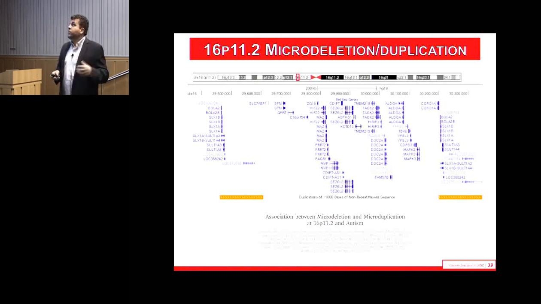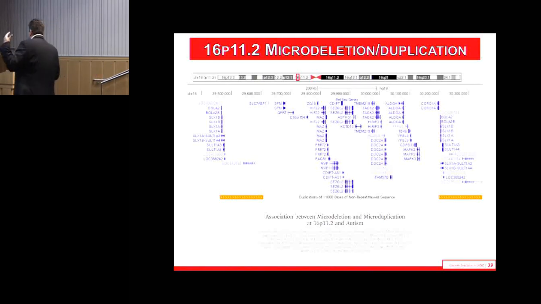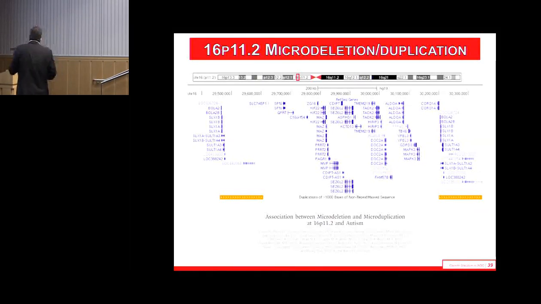They are recurrent CNVs, copy number variants, both deletion and duplication, where they are gains and losses mediated by the allelic architecture of the region, which is segmental duplications flanking the gain or loss genic region. So 16p11 is one of the most common ones. It's been associated with a number of different disorders, and you have 29 genes here in this genic region and 10 genes here in these segmental duplications, in which you have 2 copies of them.